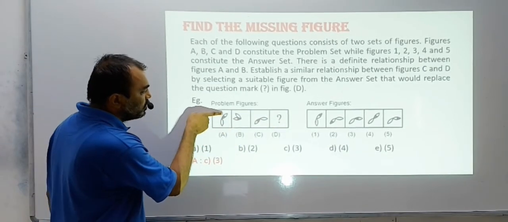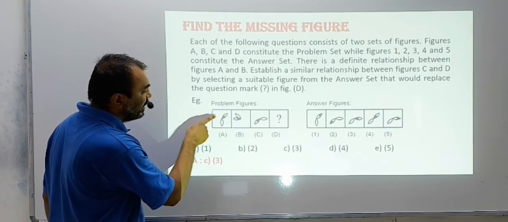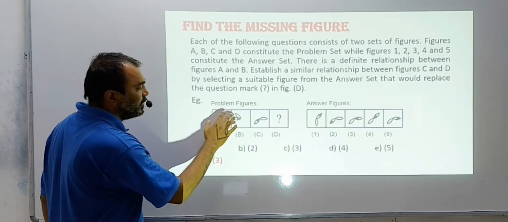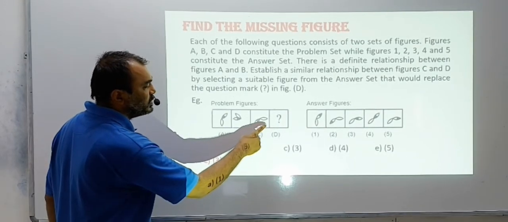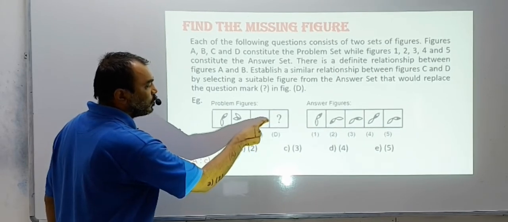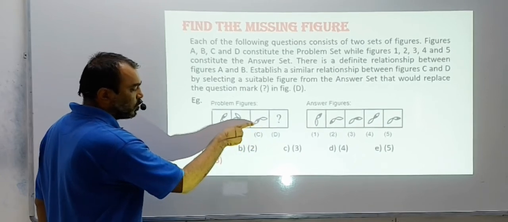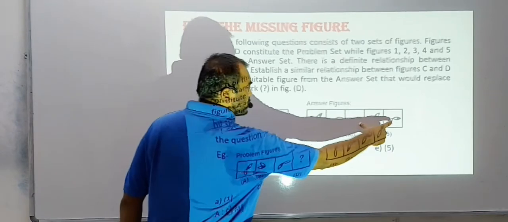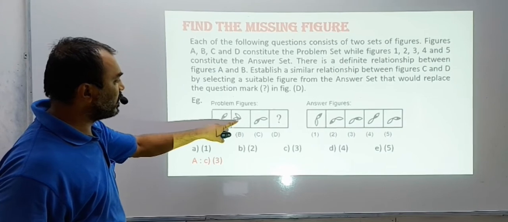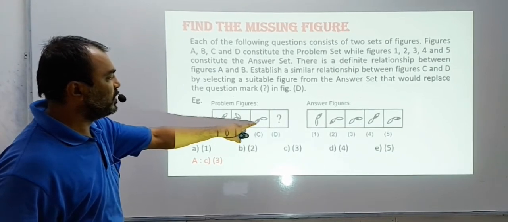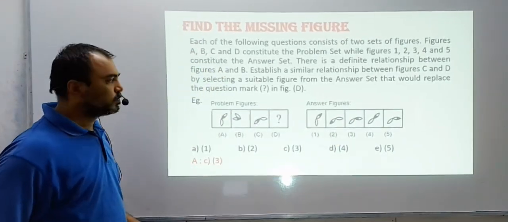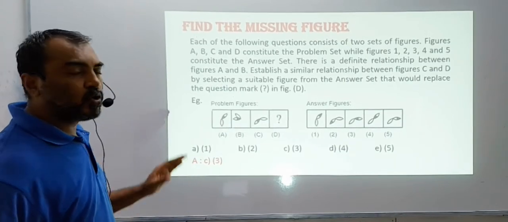Then, the colored leaf moves 135 degrees anti-clockwise. The white leaf moves 135 degrees clockwise. So, A becomes B. And if A becomes B, you use the same pattern for C. The black leaf has to go 135 degrees anti-clockwise and the white leaf has to go 135 degrees clockwise. So you will get the answer. Two options here, but again, here the inside part was black, here the inside part is black. It has not changed color. So in the same way, if the inside part is black here, the inside part is black here, so the answer is C.